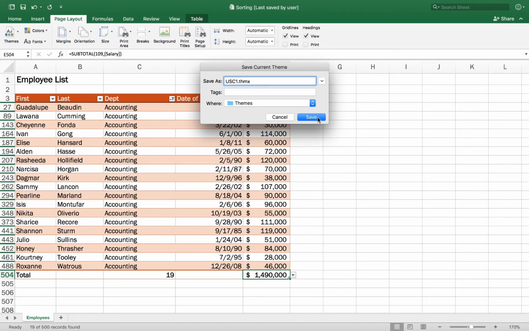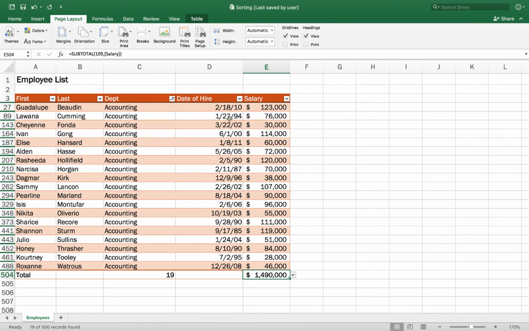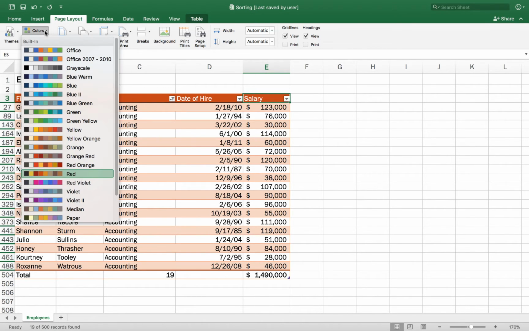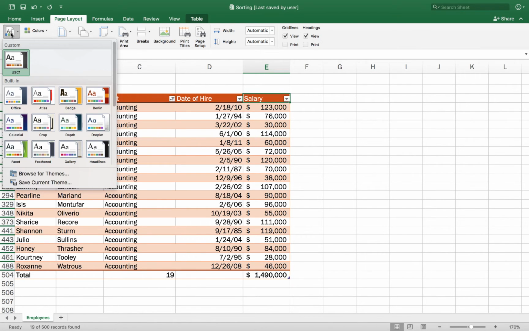Yes, sir. Is there a way to change the header color and then the below thing? Or the first, last, department, that row? As part of your theme? Yeah. You know what? If you go to colors here and choose down at the, you know what? Actually, for themes, I don't know there is a good way to do that, to be honest with you. But as part of the theme, that comes with it, yeah. You could manually do that, and there's some other style things we can do, but within a theme, I don't think there's a good way to do that easily.